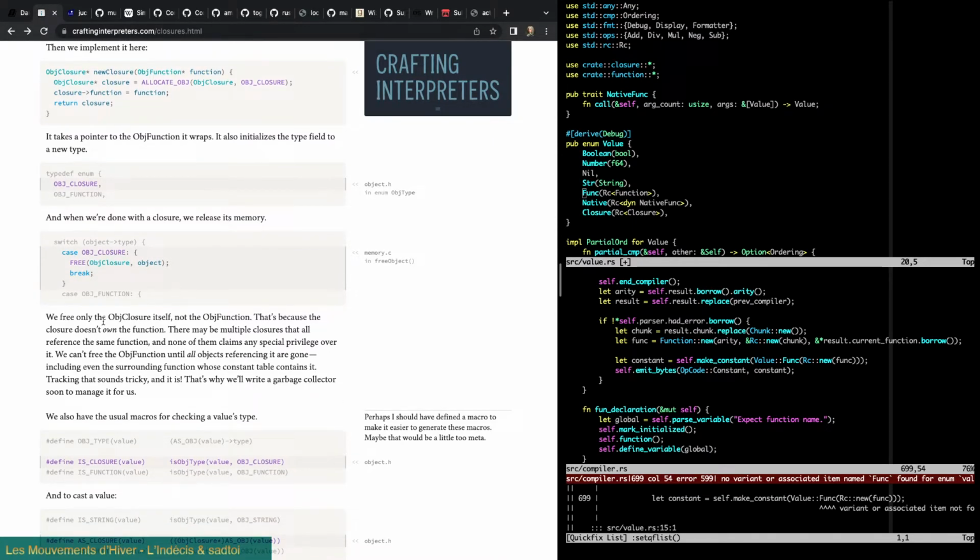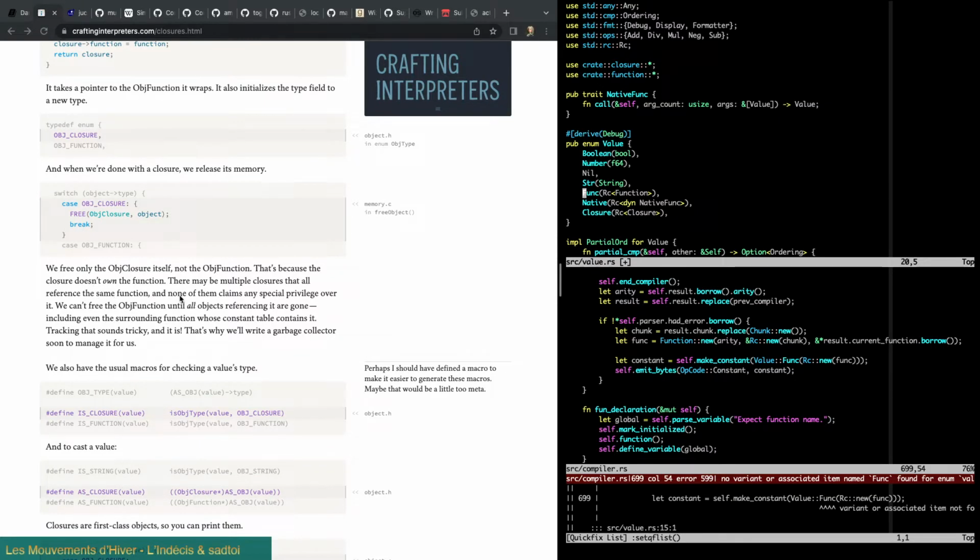We free only the object closure, not the object function. That's because the closure doesn't even own the function, right? That's why it's an Rc inside. There may be multiple closures that all reference the same function, and none of them claims any special privilege over it. We can't free the object function until all objects referencing it are gone, including even the surrounding function whose constant table contains it. Tracking that sounds tricky, and it is. That's why we'll write a garbage collector soon to manage it for us,